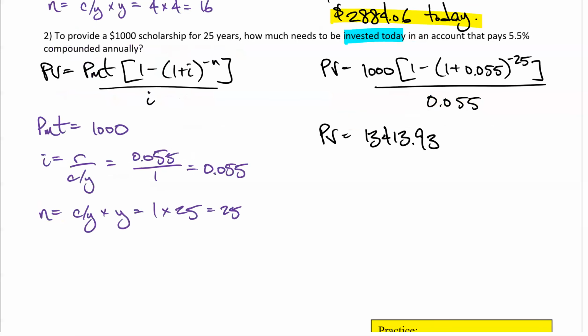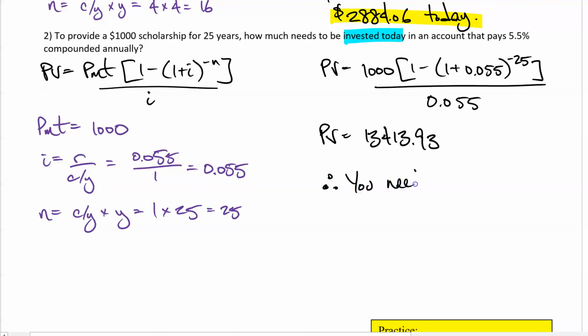Okay. After you figure out that your PMT is 1,000, you take your rate divided by your compounds per year. In this case, it's annually, so it's just 1, so it's 0.055, right? You got to divide that rate by 100, 5.5%, right? And your compounds per year is 1, but your years that you want to go for is 25 years, so you get a total of 25 for N. Plug them in, work it out on your calculator, and you get 13,413.93266. Which I just rounded because we're talking about dollars and cents, right? Of course. So therefore,